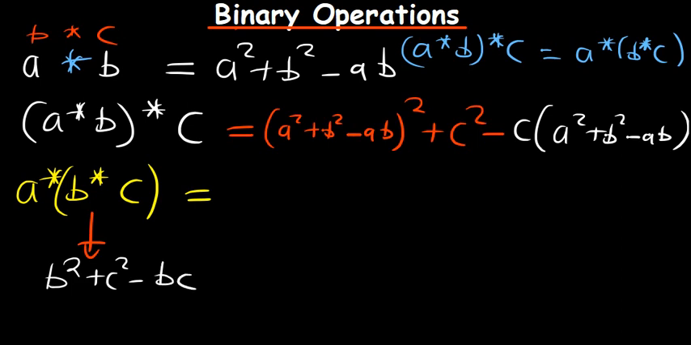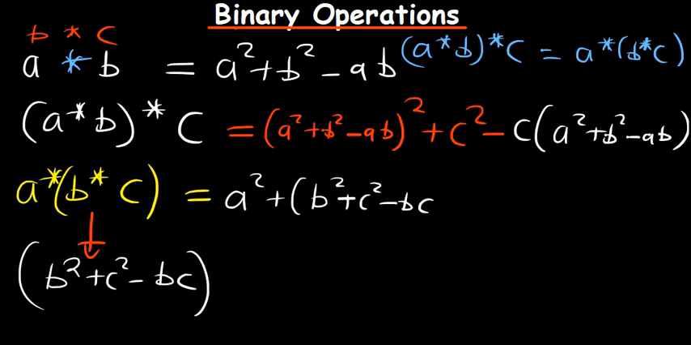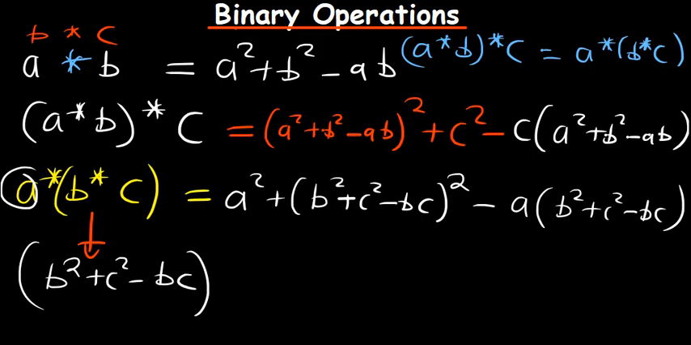Now we have to find A star this. So where there's A, it will remain an A. So we're going to have A squared. Now where there's B, we're going to have B squared plus C squared minus BC. So what is squared? And then we have minus AB. So our A remains A, and then our B is B squared plus C squared minus BC. Now the question at hand